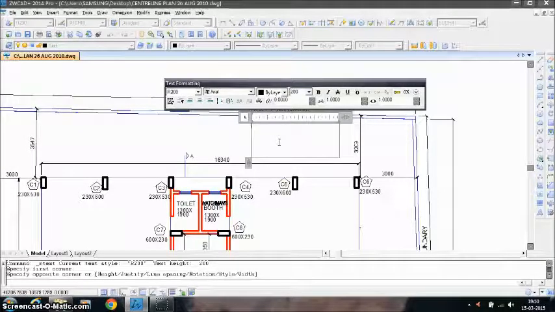For example, I will write here: compound wall 900 high brick wall with 600 high chain link fence above. So this is how I have written the description here.